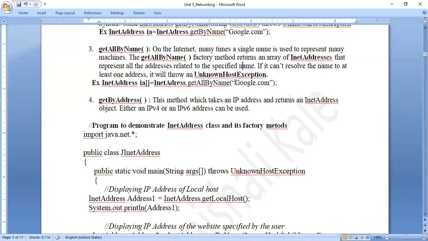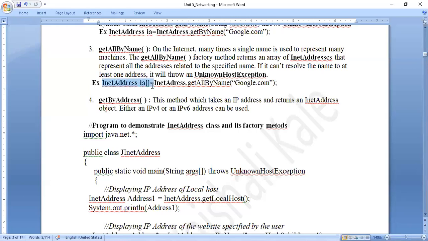If I misspell some name, for example, instead of Google, if I pass some other name which doesn't exist, then I will get an error called UnknownHostException. So that's why we have to throw that. Anyways, in the syntax I have not shown.